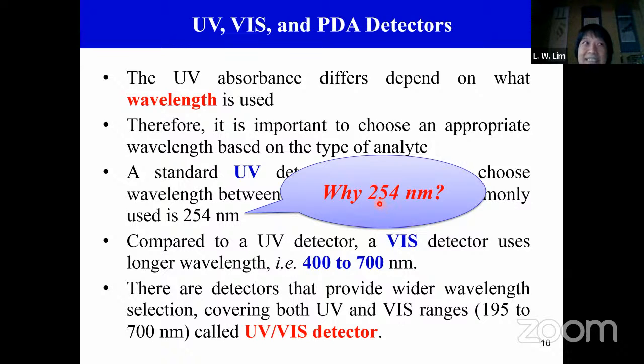But then sometimes at lower wavelengths, like 220 or 208, benzene also has very high absorbance. There was one time I was wondering why it is so common to set the UV to 254. And then after that, I searched the history of the detector. Then I found out the original, the first generation of the UV detector